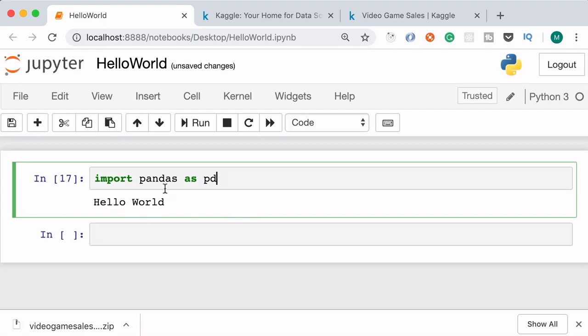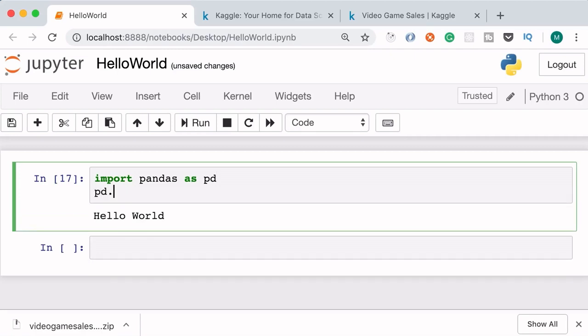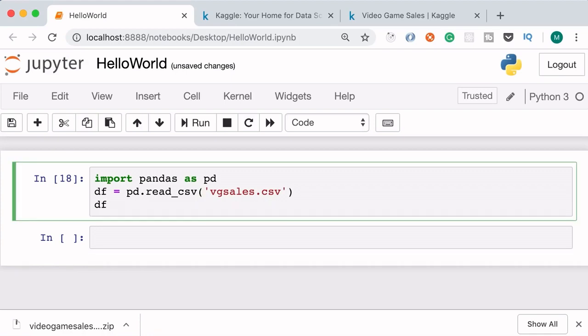With this, we're importing pandas module and renaming it to PD, so we don't have to type pandas dot several times in this code. Now let's type PD dot read underline CSV and pass the name of our CSV file. That is vgsales.csv. Now, because this CSV file is in the current folder right next to our Jupyter notebook, we can easily load it. Otherwise, we'll have to supply the full path to this file. So this returns a data frame object, which is like an Excel spreadsheet. Let me show you. So we store it here, and then we can simply type df to inspect it.